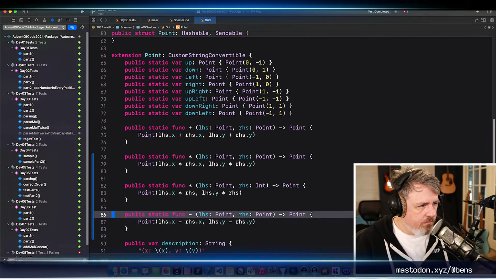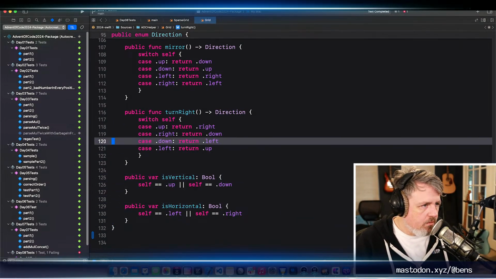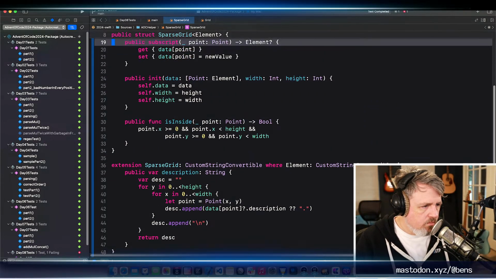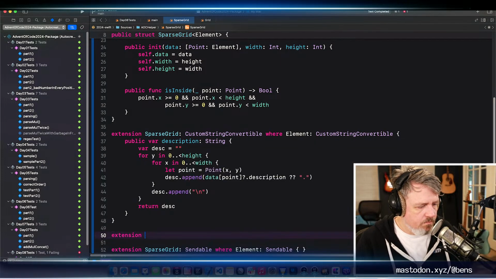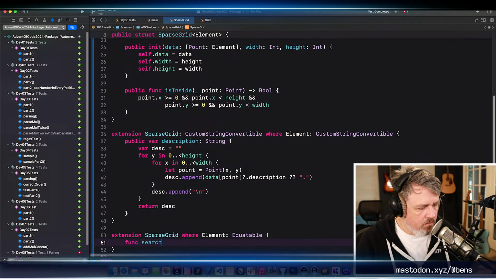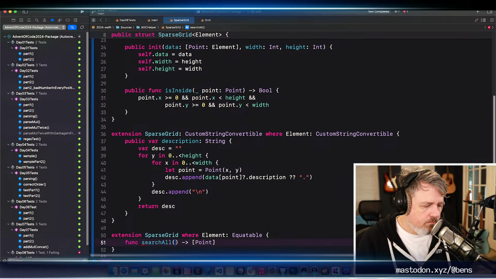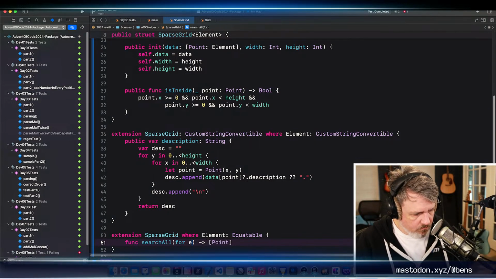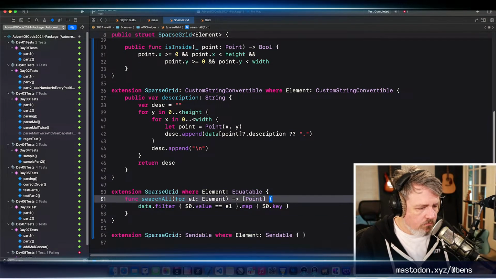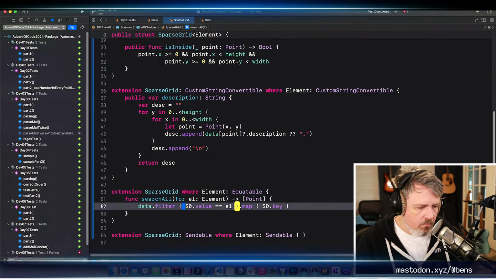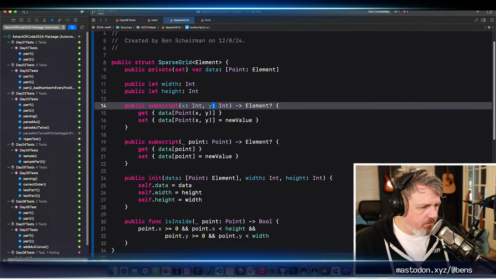I kind of want a search function here for our sparse grid, where the element is equatable, that should give me an array of points. Filter, yep. Okay, so now we can say search all points.